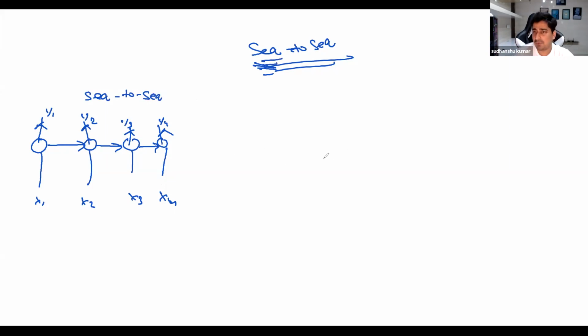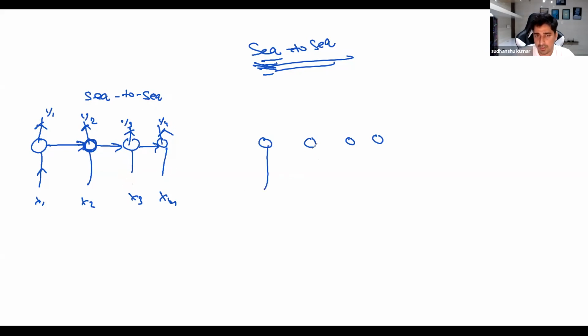Now the other kind of possibility is, you have a model. Just try to focus on this one. We are giving input and it is giving me output, but some vector we are also passing to the next step, so that it will be able to remember what kind of input it took last time and what kind of output it gave. So seq to seq means multiple input, multiple output, or you can say many to many. So many inputs, many outputs.